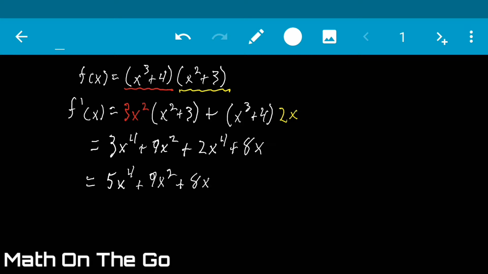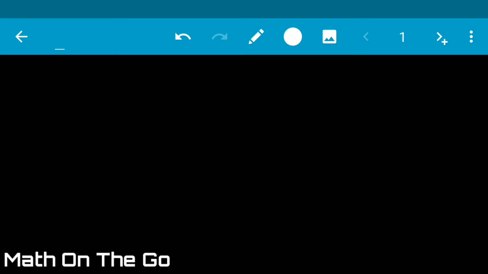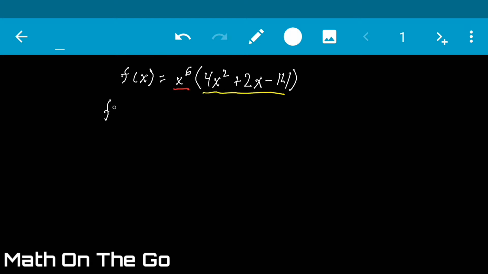So let's try another example. Let's say we have f of x equals x to the 6th times 4x squared plus 2x minus 14. All right, so let's do our product rule. Our first, our second. So f prime of x